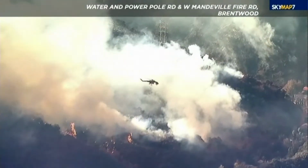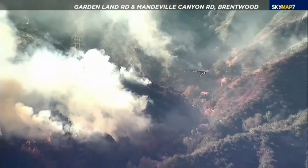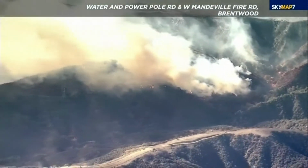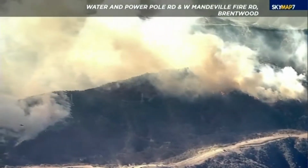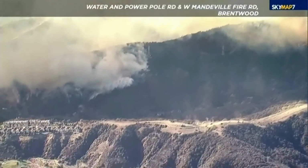going on for the rest of the day here, really, because fire crews do not want this fire to get to the other side of Mandeville Canyon. If it does, we know that fire goes slowly downhill, but fire loves going uphill. If it can get to the other